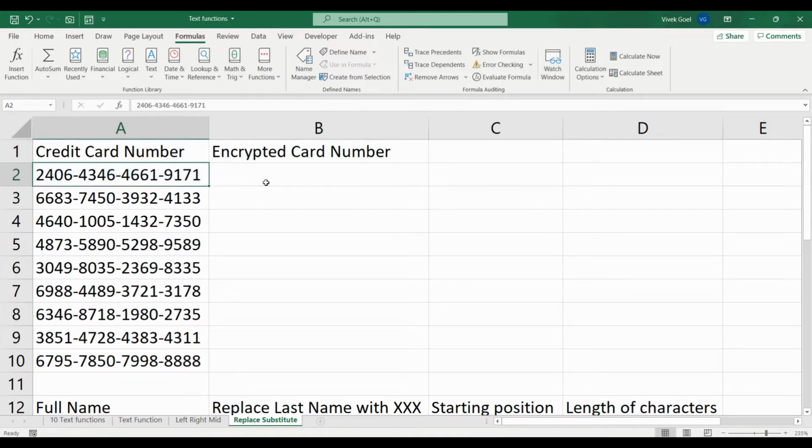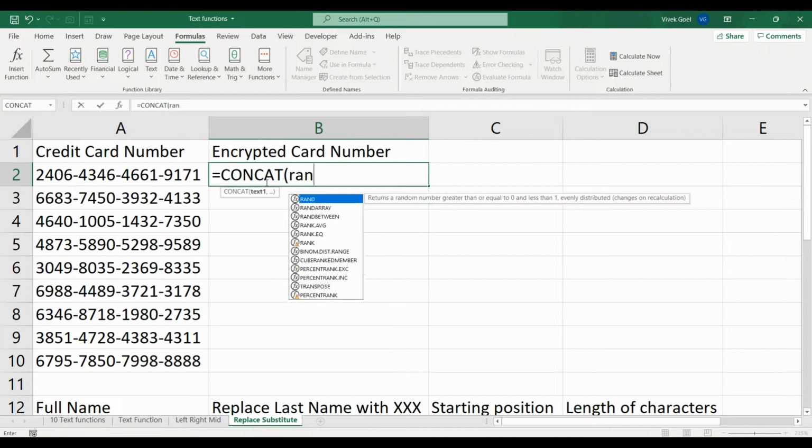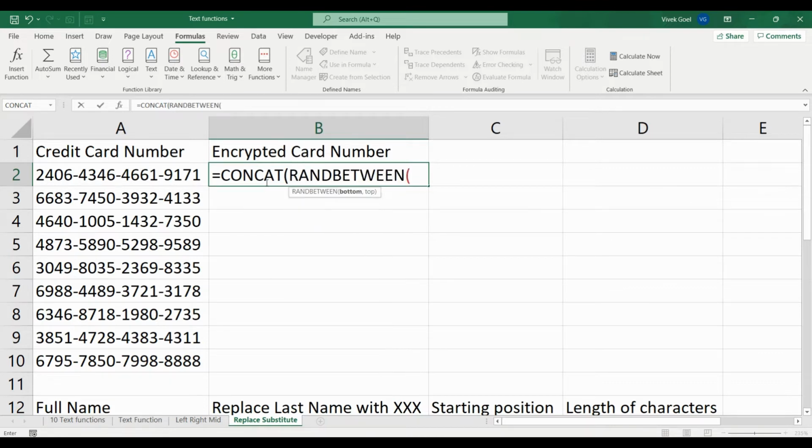So here we have a bunch of randomly generated credit card numbers. I generated them in under a minute using concat and random between function. Try generating them on your own. If you are not able to generate, do not worry. We have a specific video which can help you generate thousands of rows with random but meaningful data in a